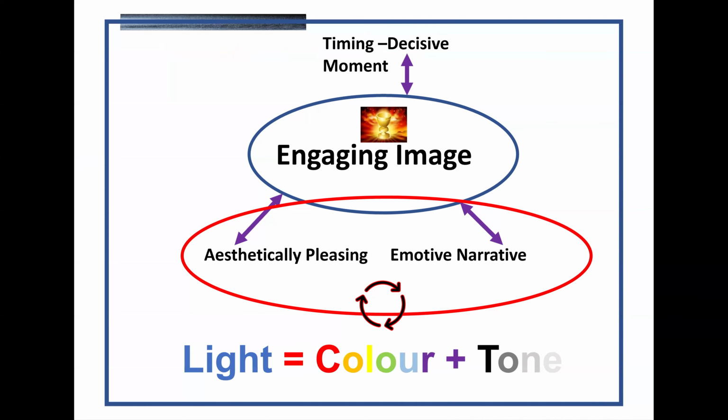photographs. And last year when we were discussing what makes an engaging image and were exploring the composition within an image, two of the aspects that made an engaging image were its aesthetics and its emotive narrative. And both those things hold us in an image. The aesthetic we find as beautiful, and the emotive narrative is that emotional tug that the story in the image